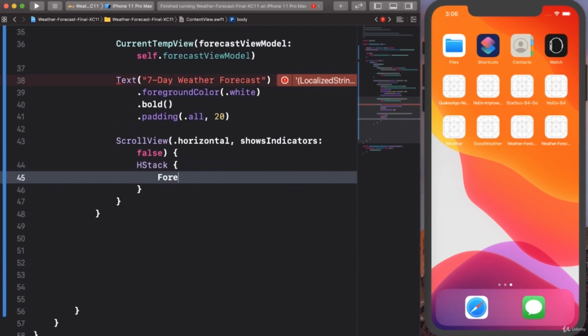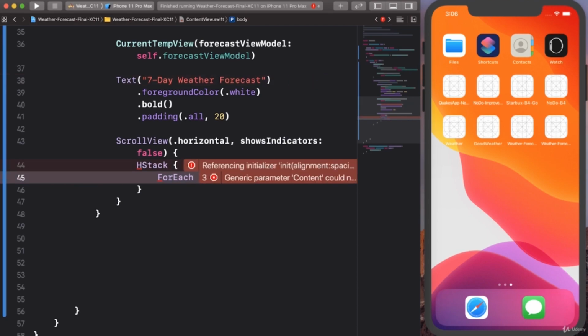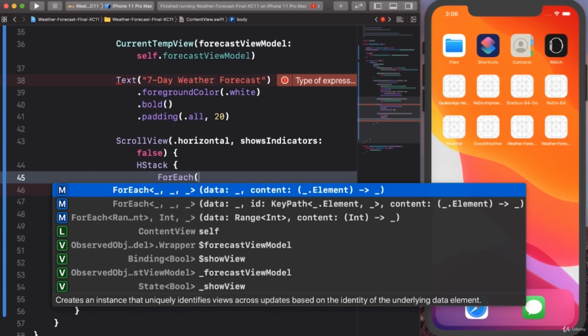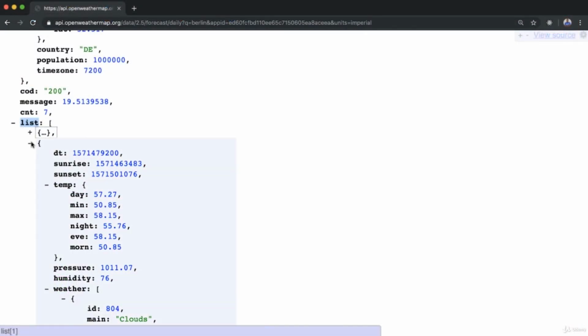So now I'm going to say ForEach, right? Now remember, ForEach in SwiftUI expects to return a view of some sort. So I'm going to have to pass a few things here. What is it that we're going to be passing? Well, we're going to be passing that getForecastList because it has all of these objects inside of a list here, which